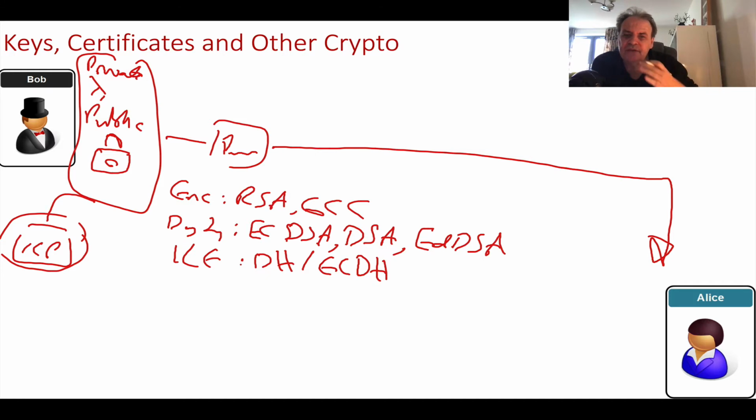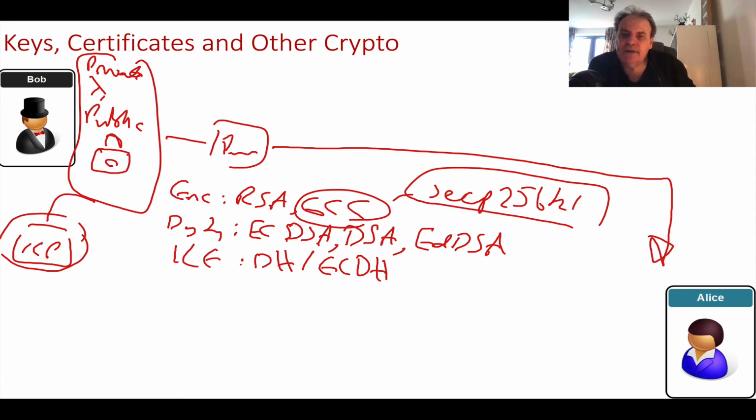So we need to find a way to define the method that we're actually using. For example, we might be using elliptic curve, and the curve is secp256k1, as would be used by Bitcoin. So with our keys, we need to store the format of the method that's used so that the keys can be interpreted correctly. Okay, so that's just some of the things that we might look at in translating keys and certificates.